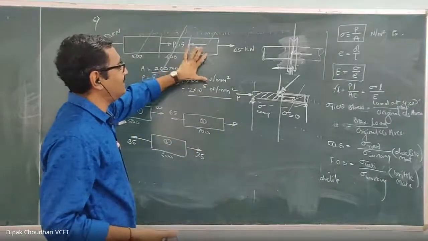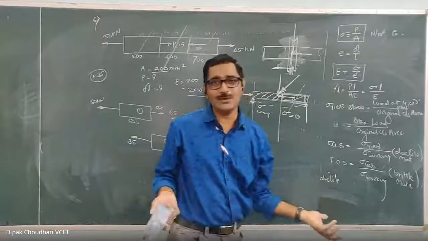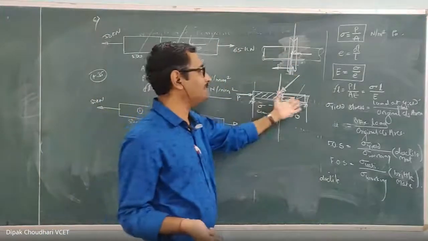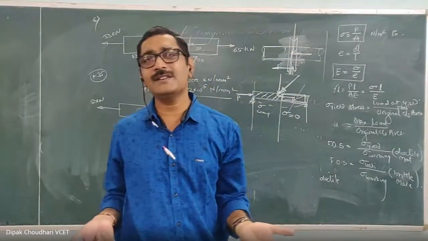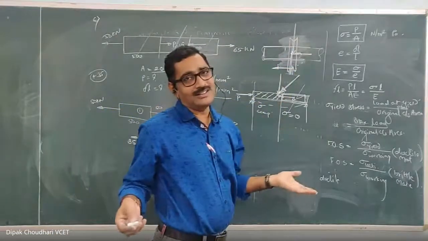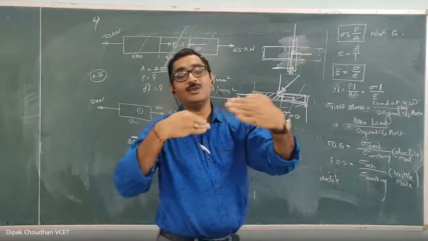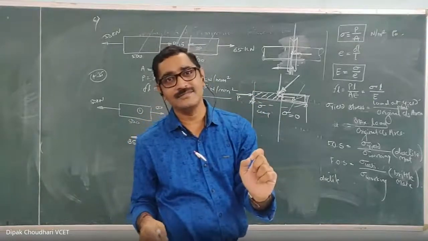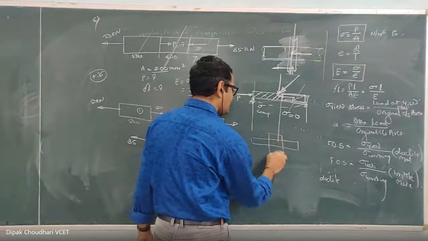Here, this intermediate force is acting. This intermediate force may be because of any inclined force acting at any intermediate point on the beam, or if such type of shaft is there, on that particular shaft also some inclined force is there. Here, I'm considering the simple example of the pulley. But suppose two shafts are there which are connected together with the help of bevel gear. Even if you consider the spur gear, two different shafts are connected with the help of spur gear.